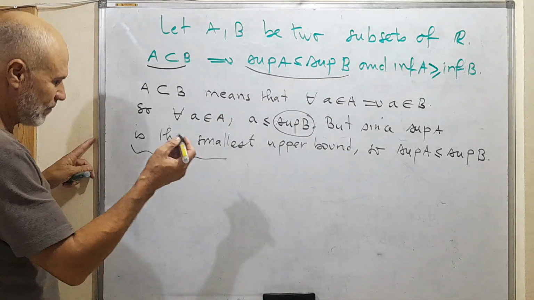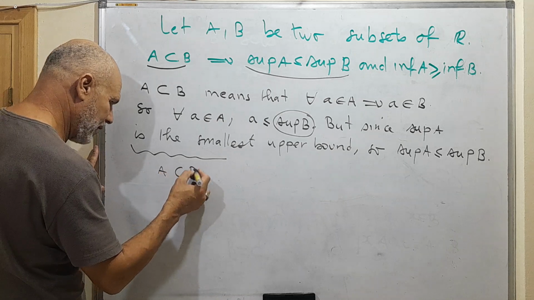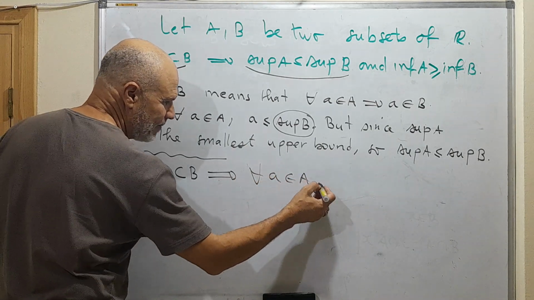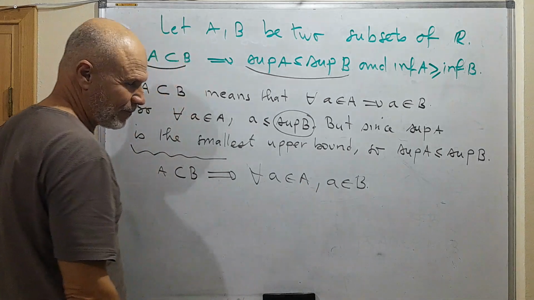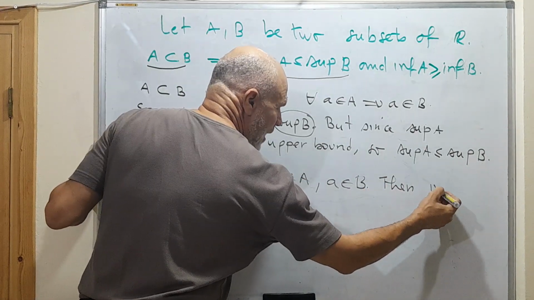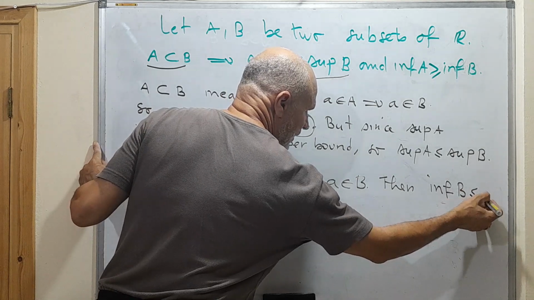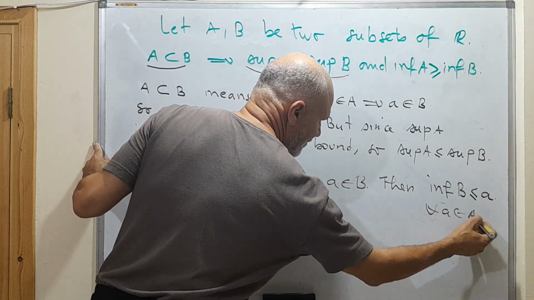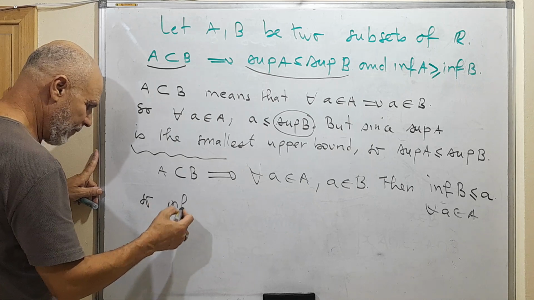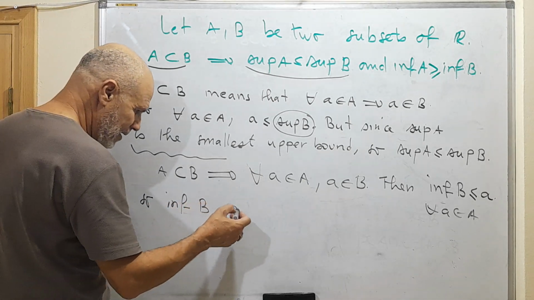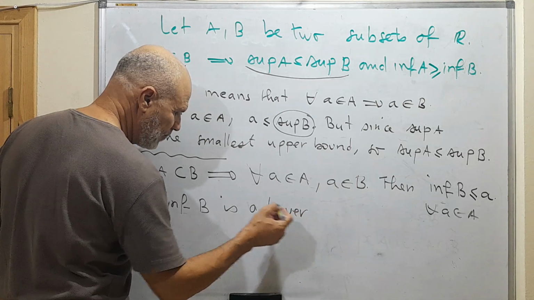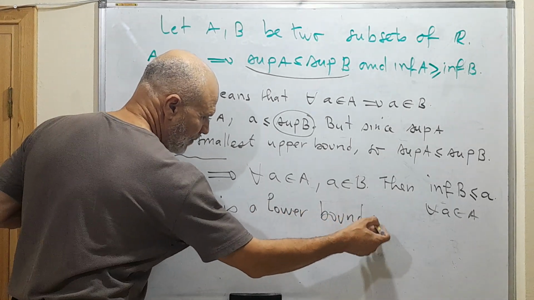So A is included in B. This means that for all a in A, a belongs to B. Then the infimum of B is less than or equal to a for all a in A. So the infimum of B is a lower bound of A,